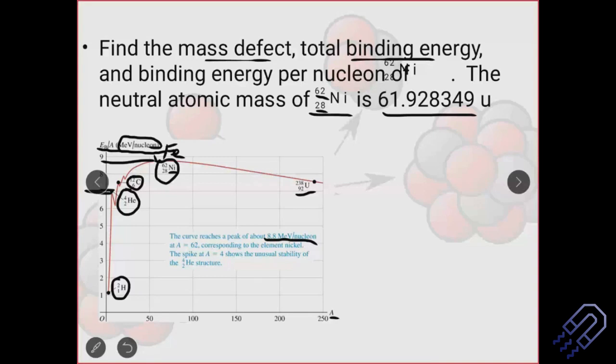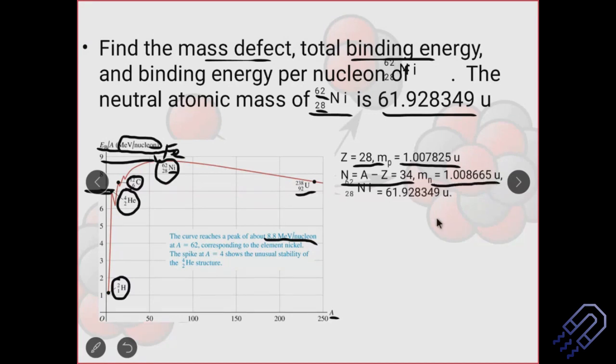This is the calculation that we are going to do. I think we can do it. We have already done it yesterday, so not a problem. Basically nickel has 28 protons and the mass of each proton is this. I'll just consider the U unit, not MeV right now. Then the number of neutrons is 34, and we can take the mass of the neutron.